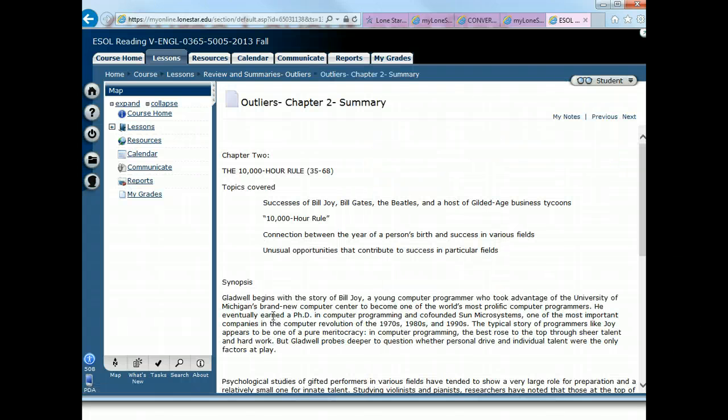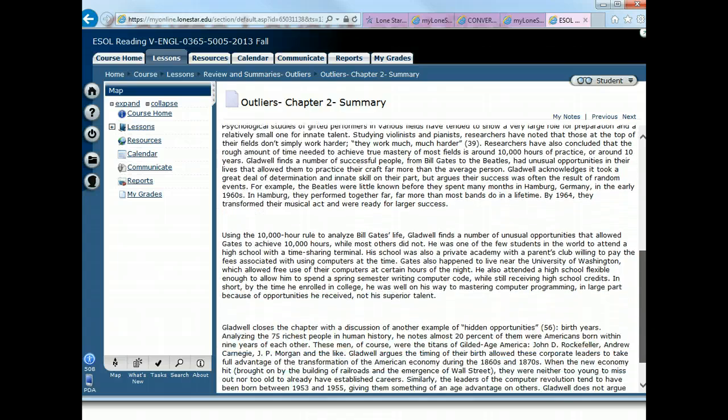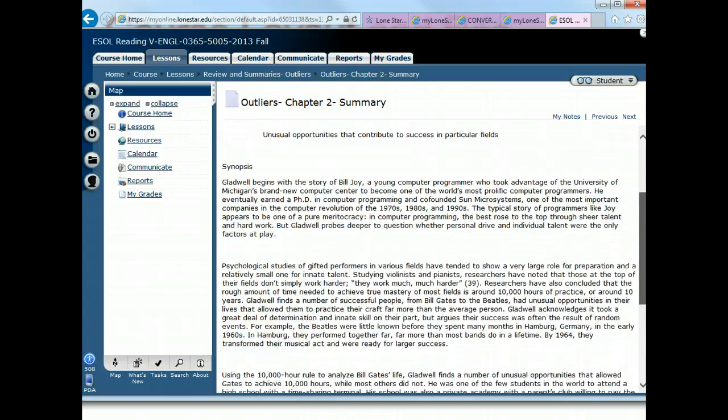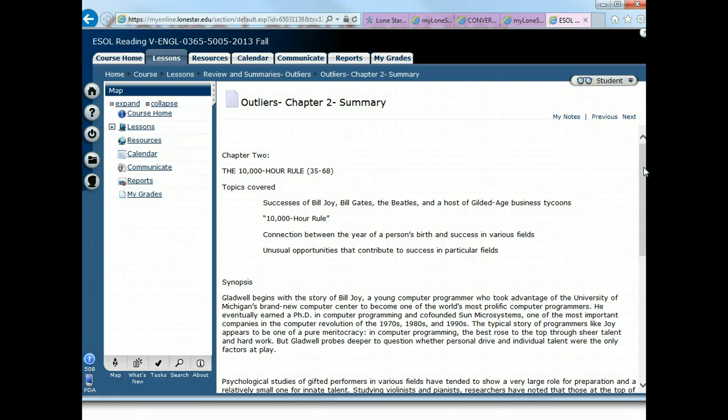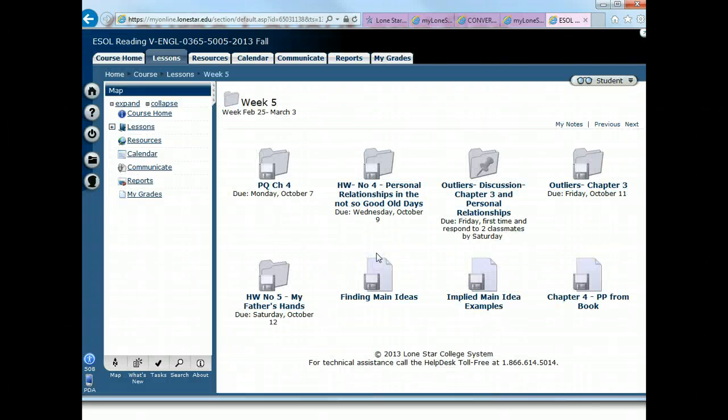I'm just going to click on it and I put it right there so you don't have to open anything, a synopsis and so on. And you can compare this to what your ideas of the chapter were. So I feel that is a really good tool. There is one here that I have, review and summaries from 10 Steps, and I haven't really added anything after chapter 1 because I think if you go to the review from the book, you get the same idea. Okay, then when we click on week 5,